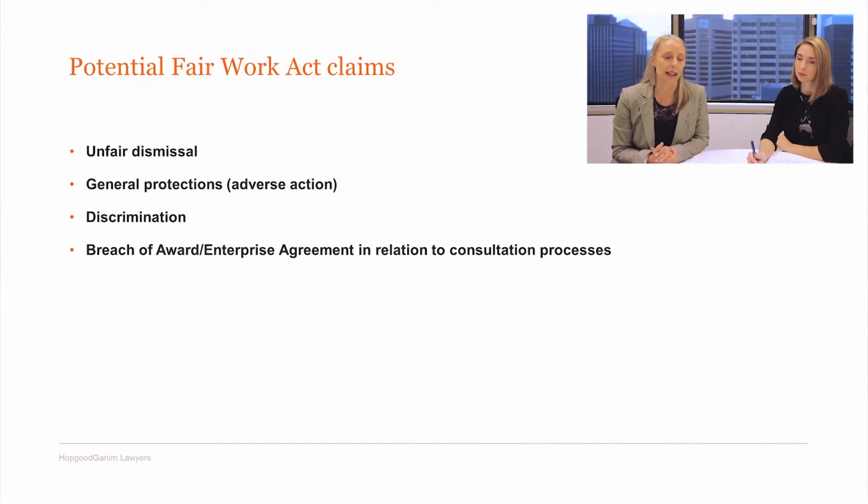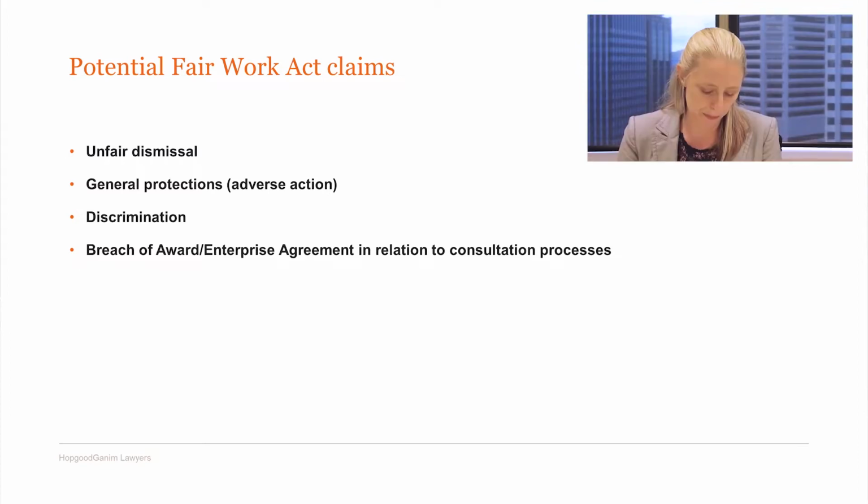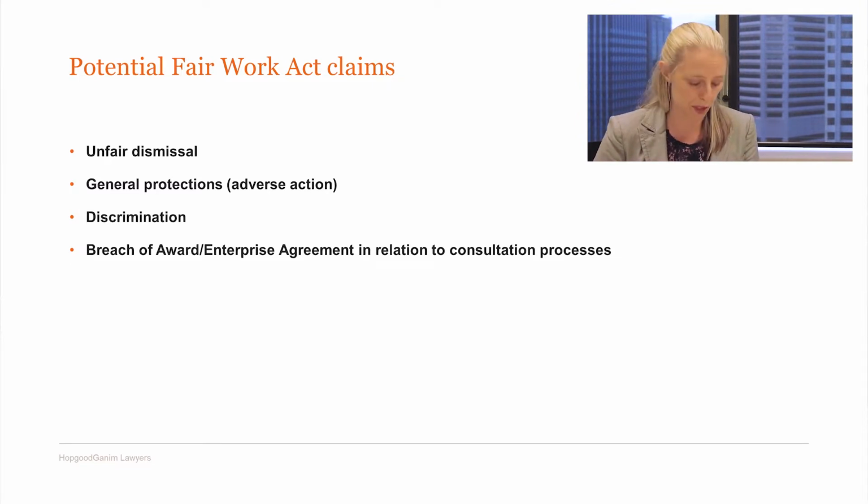In terms of the risks, potential Fair Work Act claims and other claims, there are really 4 different types that we're looking at. The main one is an unfair dismissal, and that needs to be made within 21 days of the actual dismissal to the Fair Work Commission. If an employer can show that a case was a genuine redundancy, which goes back to the definition I was just talking about before, then they will be exempt from being able to apply for an unfair dismissal. So basically those 3 requirements again: the job not required to be done by anyone, they've complied with their consultation requirements, and there's no opportunities for redeployment.